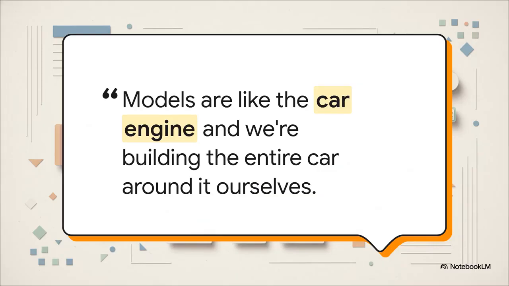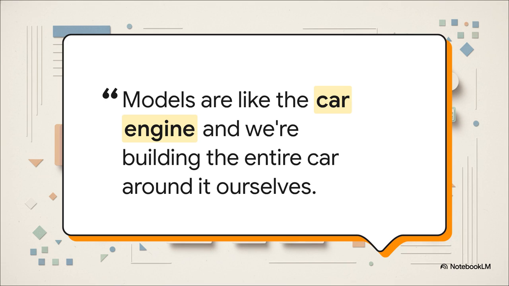Now, obviously, this level of intuitive magic doesn't just happen out of thin air. To completely remove that massive barrier to entry, you really need an AI agent with a very high IQ. And Catasta uses this really brilliant analogy to explain it. He says the AI models are like the car engine, while Replit is building the entire car around it.